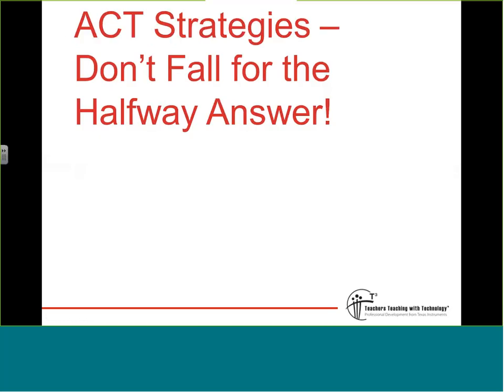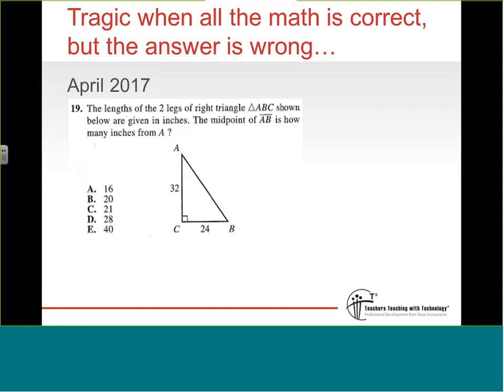This next thing is a strategy. So we go over a number of strategies in this workshop, and this is one of them. It's called Don't Fall for the Halfway Answer. So I've given this problem to students,